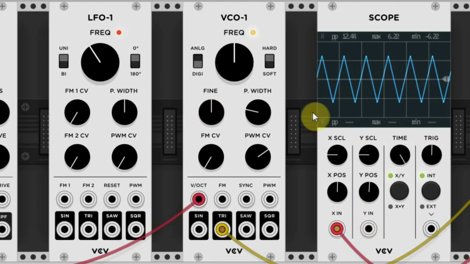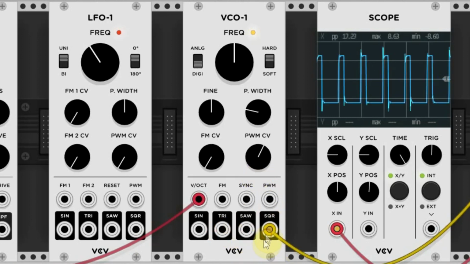Next to that is the pulse width, which we already explained. The FM-CV knob lets you control the amount of frequency modulation that you send in the FM input. You can use this, for instance, to modulate the pitch of the generator with another VCO, an LFO or an ADSR. And the PWM-CV knob controls the amount of external modulation you want on the pulse width of the square waveform from a module like an LFO or an ADSR. These have to be connected to the PWM input.